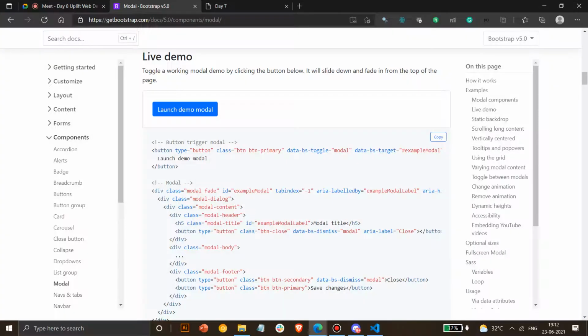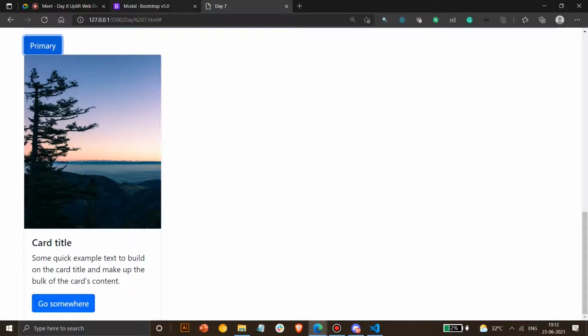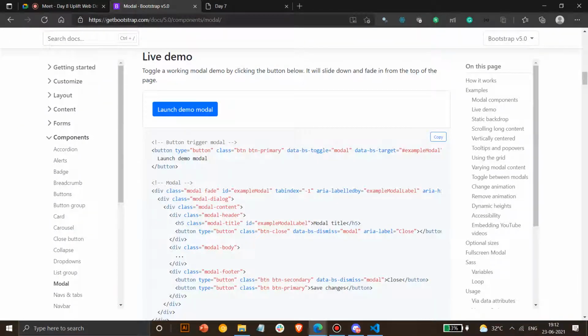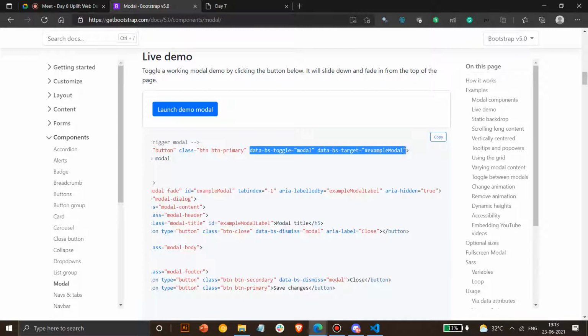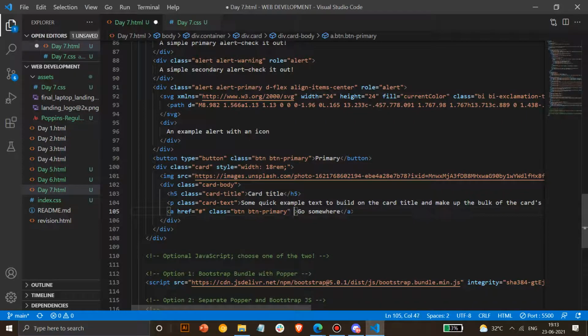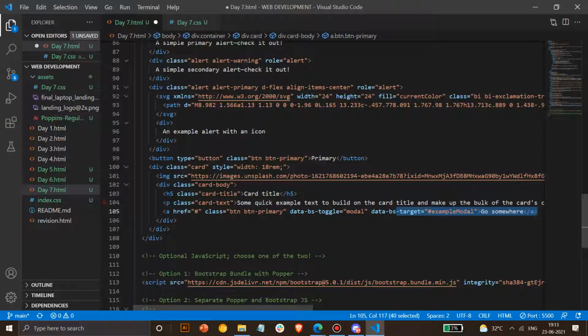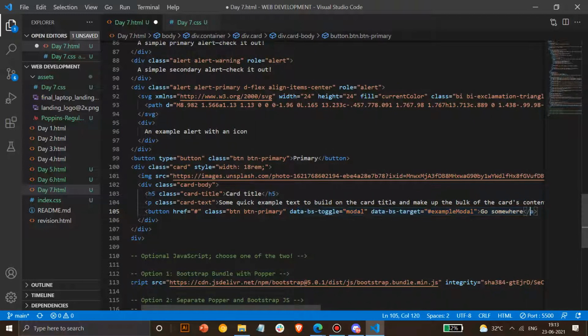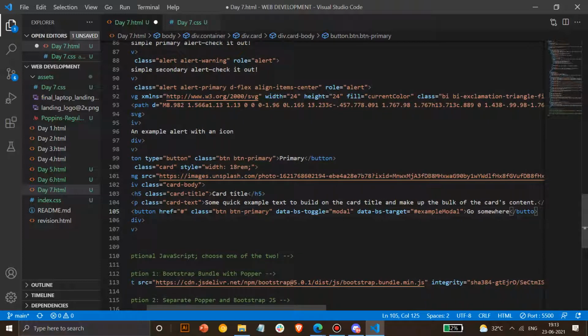For now we can take it. Shall we integrate it in some button? Then there won't be extra space. In the card button we'll add this. In that button I'll copy the CSS class for it. I'll explain how this works also, because this is a little tricky part. Let's make this a button if it works. I don't know whether Bootstrap will support this or not, but let's follow that at least.